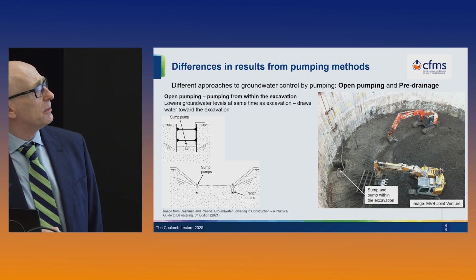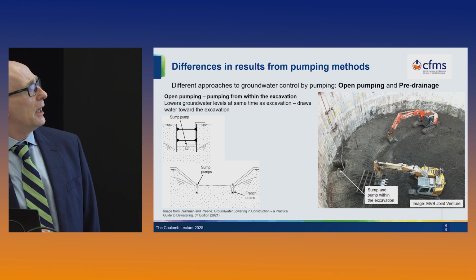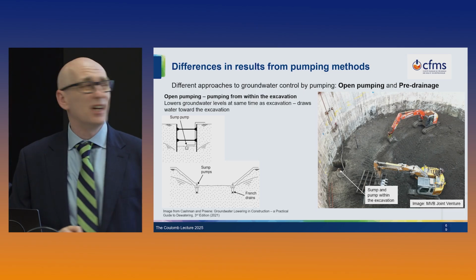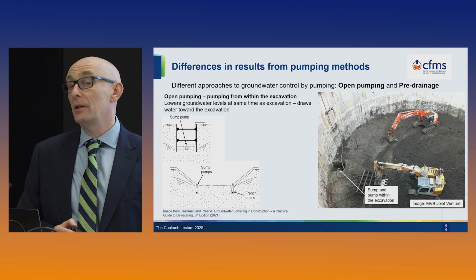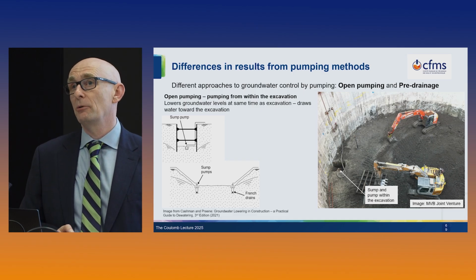Here you're looking into the bottom of a large shaft. This is in London, so this stratum here is called the Thanet Formation. And you can see here that they've got a sump and a pump in one corner. And this appears to be even quite good working conditions. I suspect here the diaphragm wall around the outside is a key part of the success here, because that's acting as a groundwater exclusion barrier.